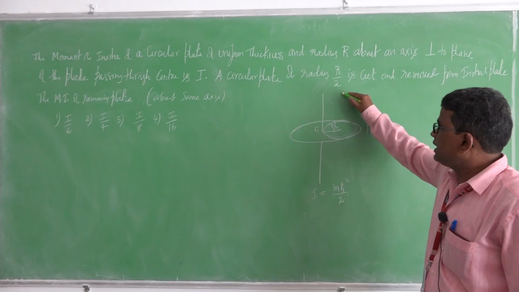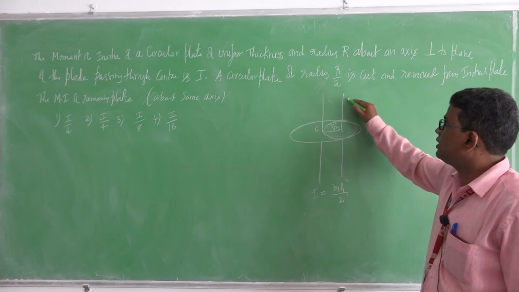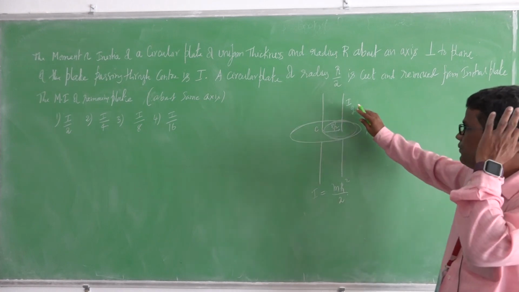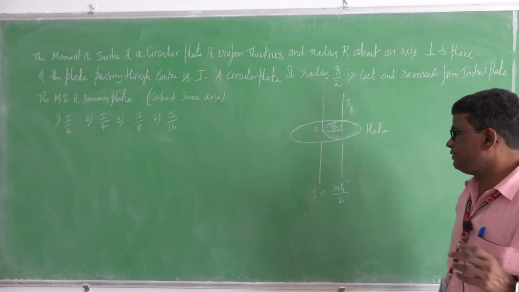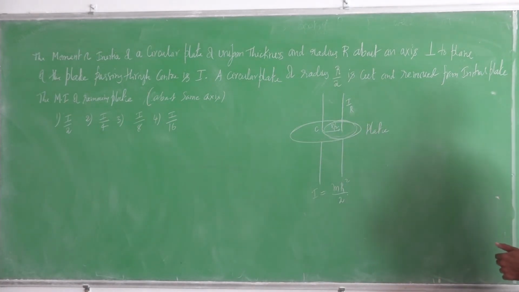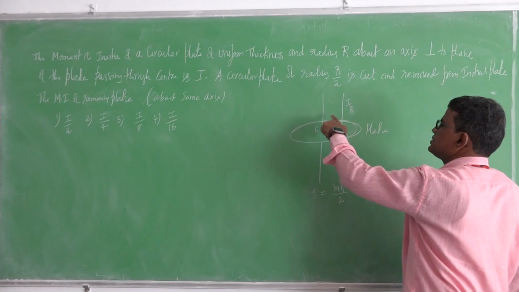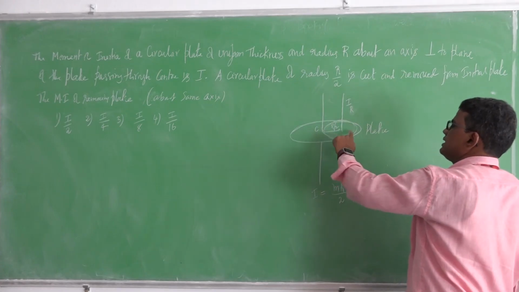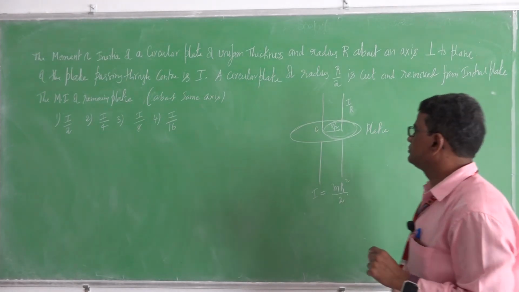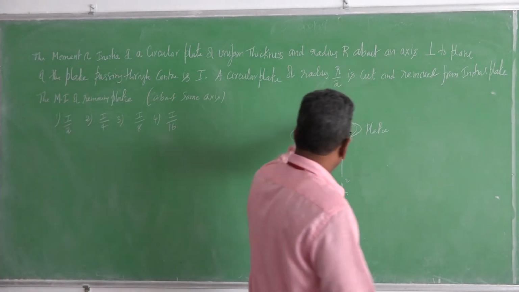So here first you find the moment of inertia of this removed plate about this axis. Let it be I suffix r, the removed part, the moment of inertia of the removed plate. So first you find the mass of the removed part and its moment of inertia, and you apply the parallel axis theorem, you will get this one. Okay, remaining plate. So I will find this moment of inertia.